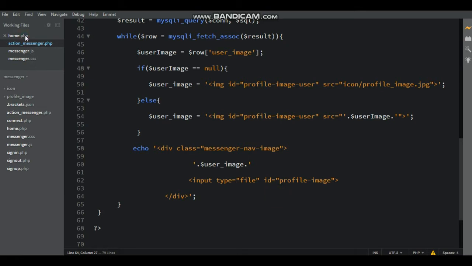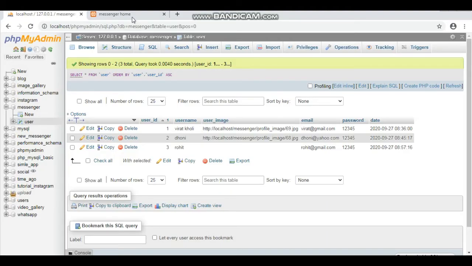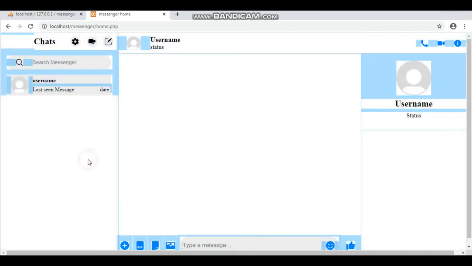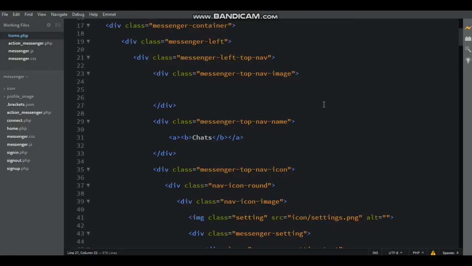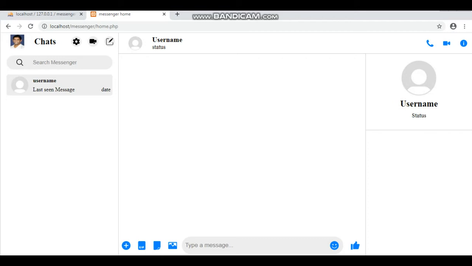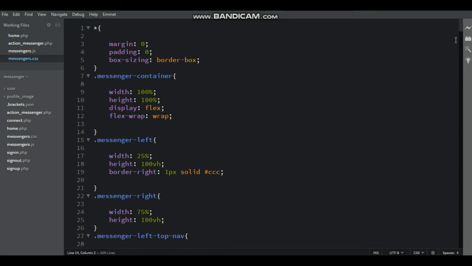Now go to the home.php file, save the file, and then refresh the browser. Save it, and again refresh the browser. Here the profile image looks square type, so make it round shape.